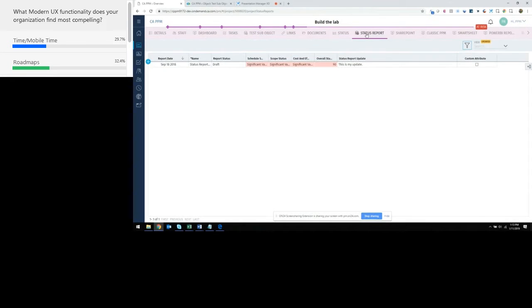The second tab here is in 15.5.1, they enabled the ability to have custom sub-objects on projects. And status report is a custom sub-object of projects, so it's available here. If you were to use this tab, you're able to add in custom fields, and customize any of your status reporting and attributes that you'd like populated or filled out when people do status